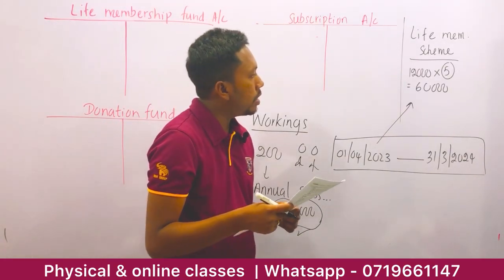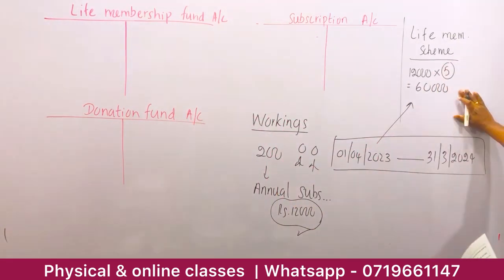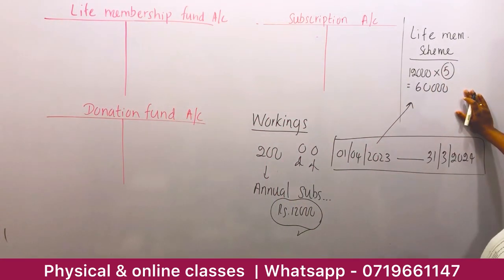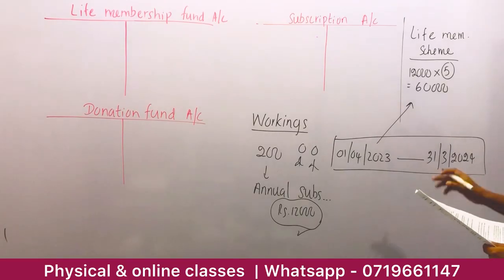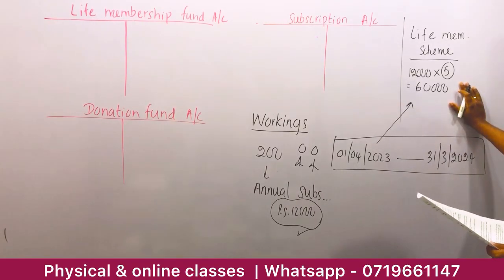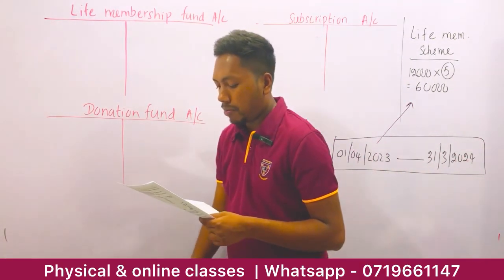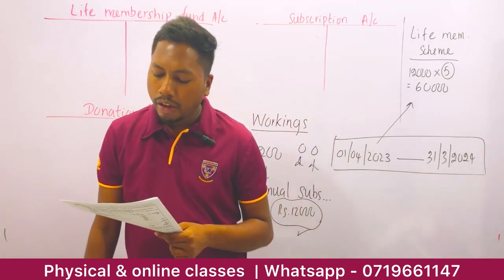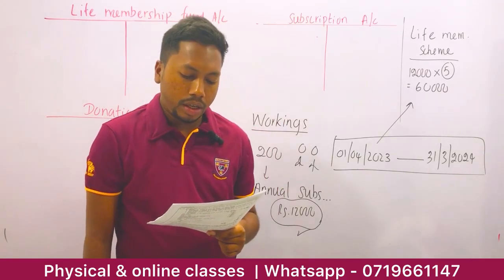Okay, now that is, we can't consider the total life membership scheme as income of the current year. So, as per the exercise, as per the question, we have to consider that life membership income over 10 years time, right? Okay, next. 50 existing members and 10 new members obtain the life membership on 1st April 2023 by